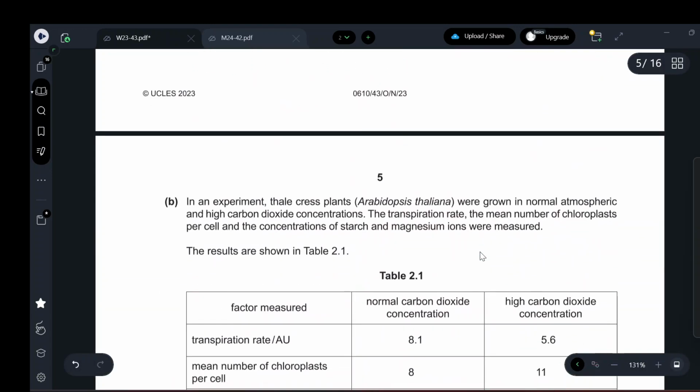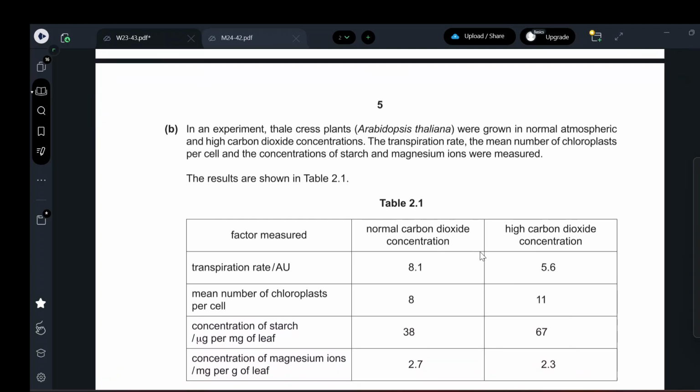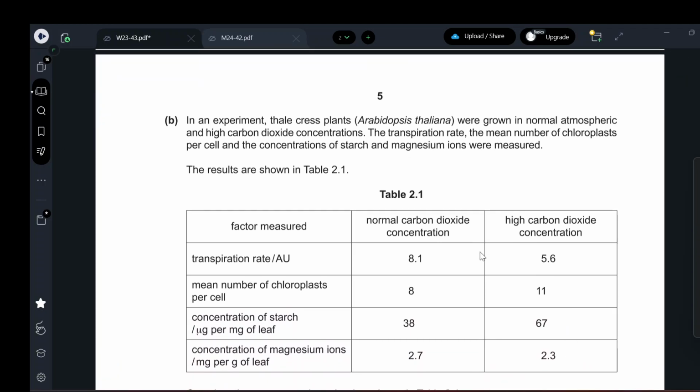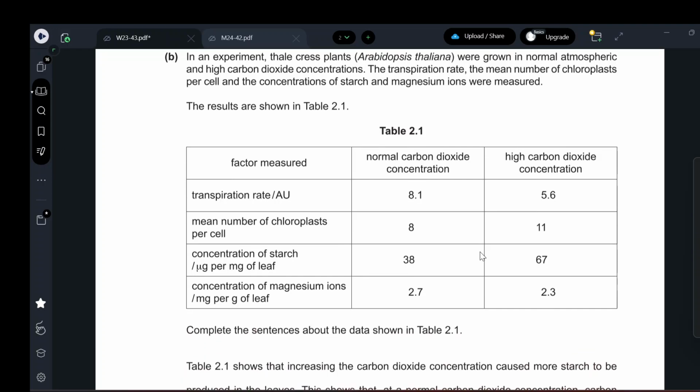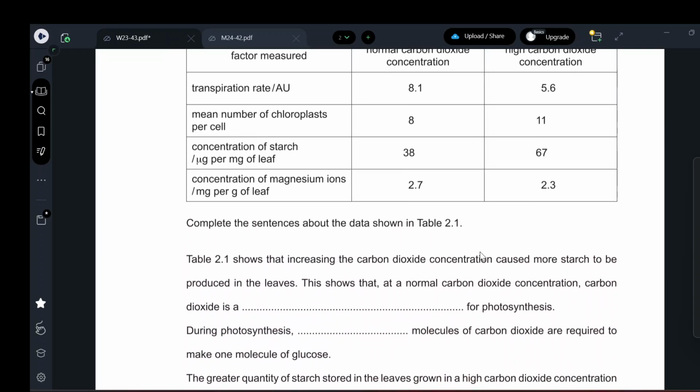Okay. In an experiment, cress plants were grown in normal atmospheric and high carbon dioxide concentrations. The transpiration rate, the mean number of chloroplasts per cell, and the concentrations of starch and magnesium ions were measured. He measured lots of stuff. Okay, what does he want me to do? Complete the sentence about the data shown. The table shows